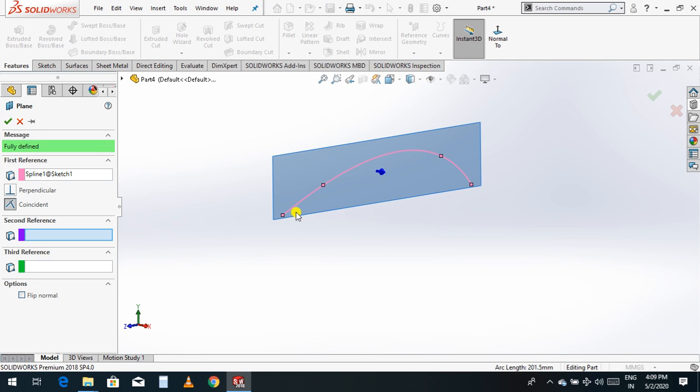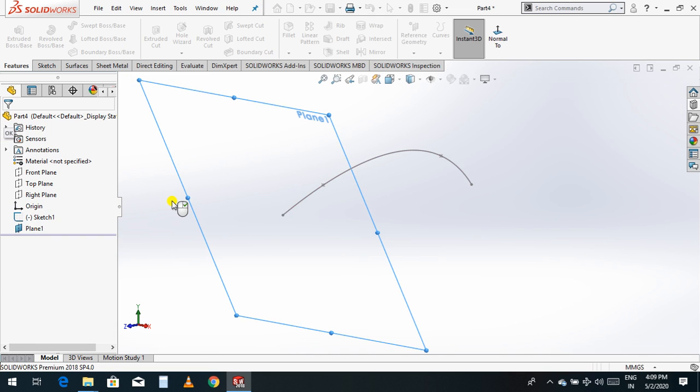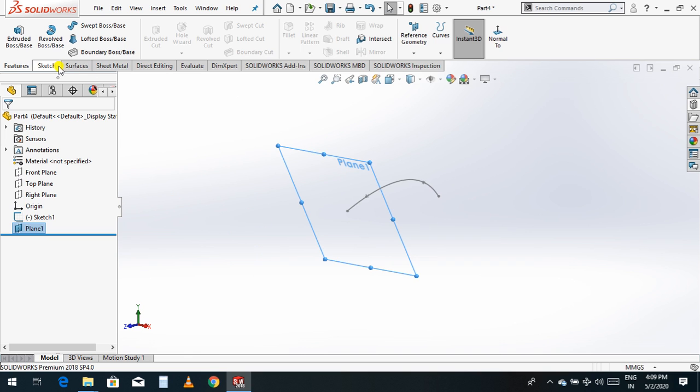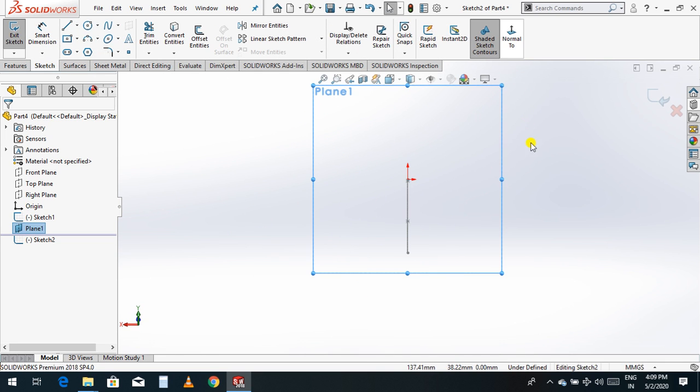I'll choose this plane, then I will choose this point, and perpendicular to this. Select OK. Now I will go to a sketch, select a sketch normal.